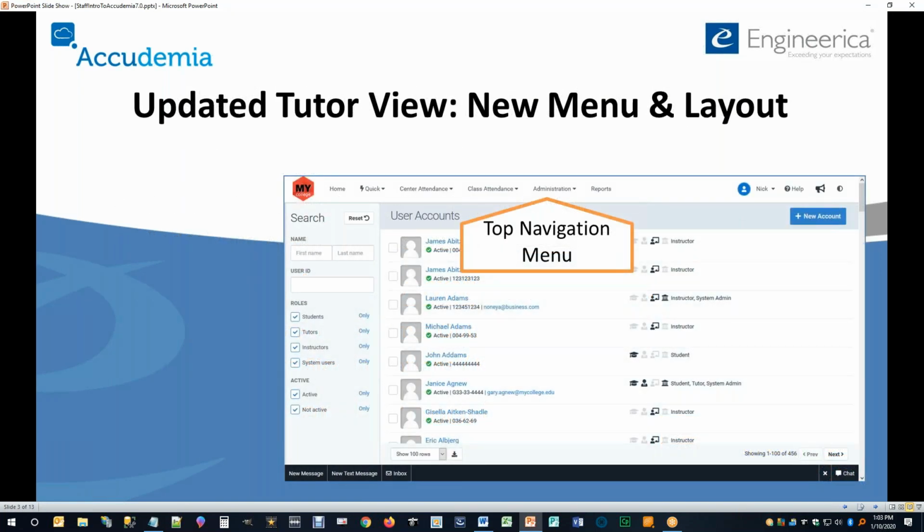All right, starting off with the updated menu, we have now moved the left side navigation menu to the top. So you're going to have some of the same areas that you're used to seeing, like the center attendance, the reports, and if you're an admin, administration. But we do have a new option here with the little quick menu options. It has things like setting up a new appointment and signing students in through a sign-in station, and we'll go into more details on those in the future,